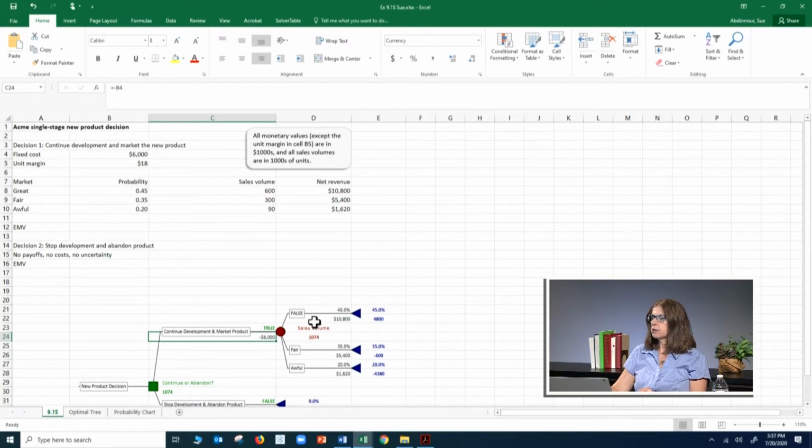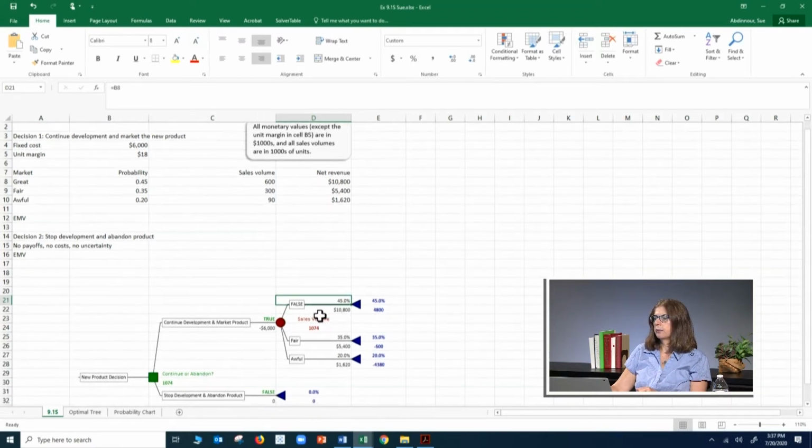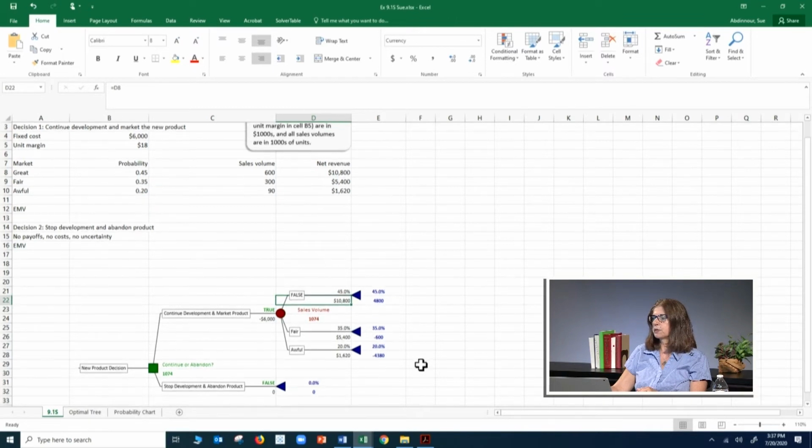And that's because if you want to do sensitivity analysis later on, if you just have fixed numbers in here, then it's not going to update for sensitivity analysis. So I entered the circle, I entered the reference to the probabilities, reference to the payoffs, and then